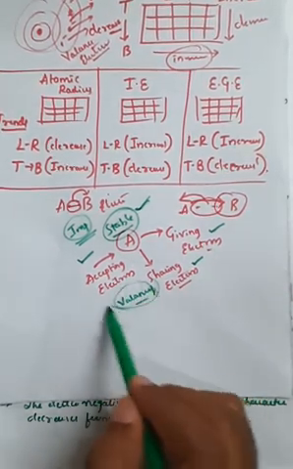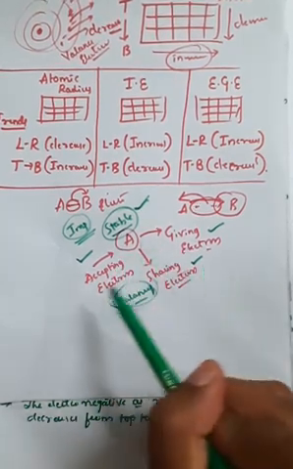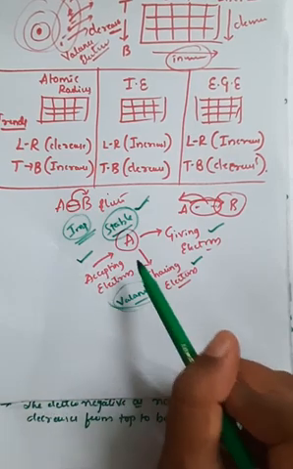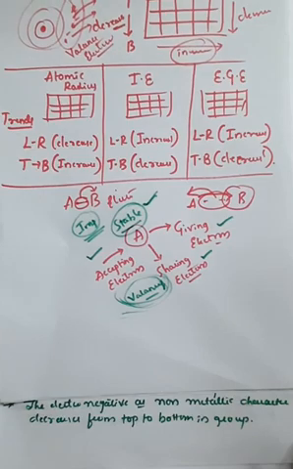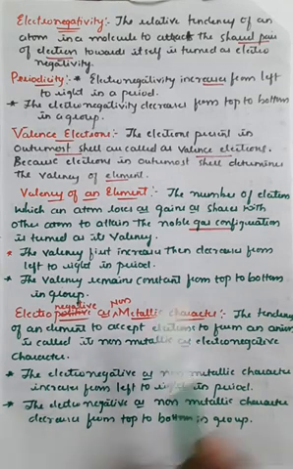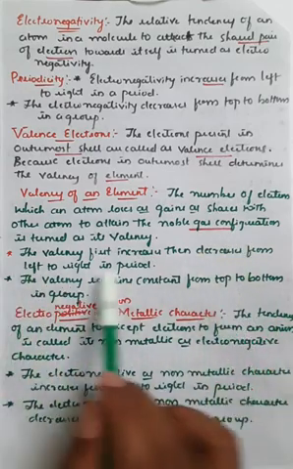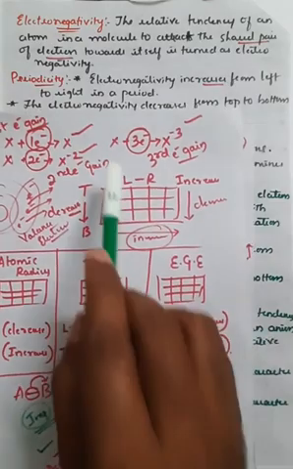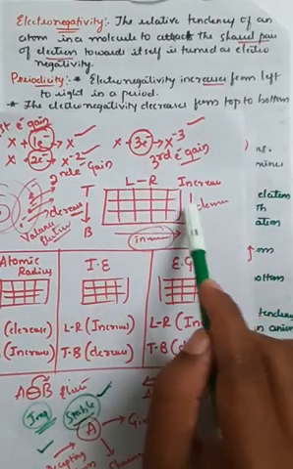So to attain stability, that is the stable electronic configuration, generally called the noble gas electronic configuration, that total number of electrons, how many electrons it has given, or accepted, or shared, is generally called the valency of that atom or element, right? So this valency goes on increasing and further goes on decreasing. Initially the value increases, but after that it decreases when you go from left to right in the periodic table.